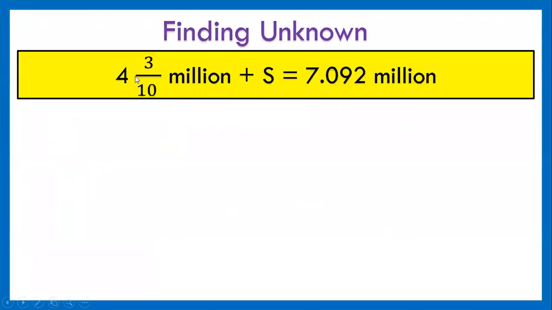Here we have a question. 3 over 10 million, which is what we call a fraction million, plus S is equivalent to 7.092 million, which is a decimal million. Now, first of all, S is our unknown. We have to find the value of S. However, in order for us to do this, we have to also be able to convert this as well. But let's start with a simple